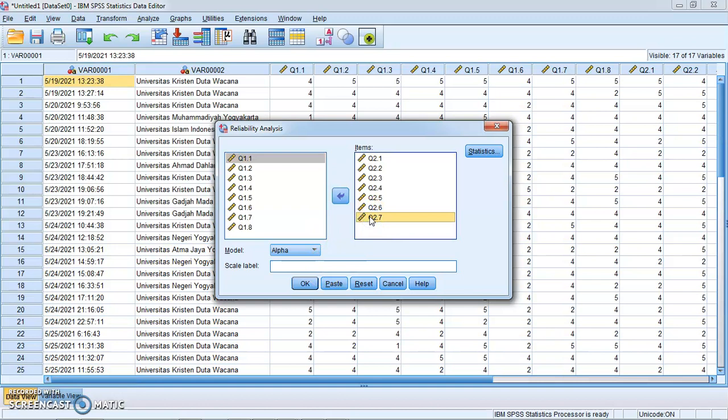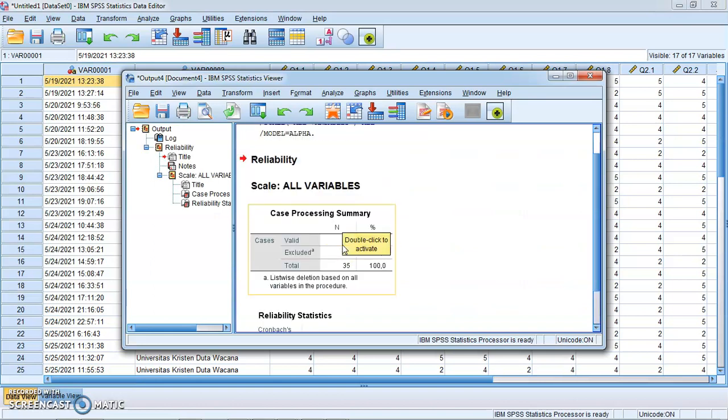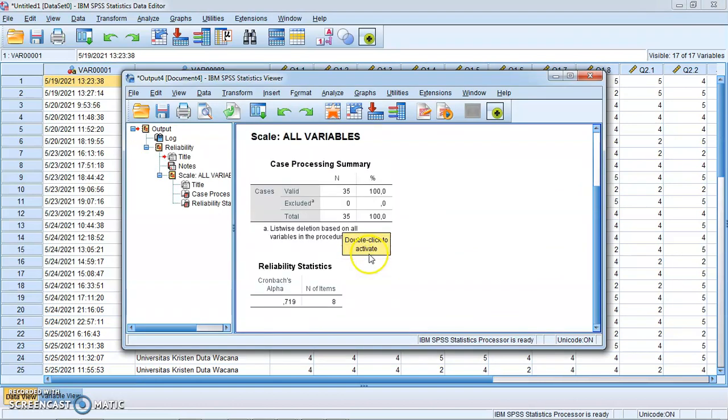First of all, you have to put the items, these questions 1.1 until 1.8, to the right, and make sure this is on Alpha, and then you click OK. So this is the Cronbach alpha coefficient,